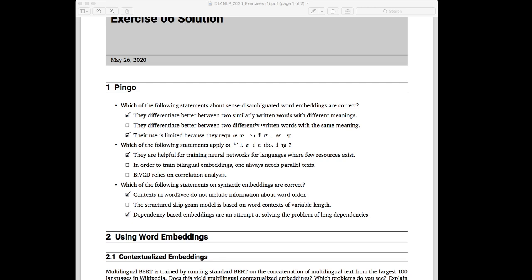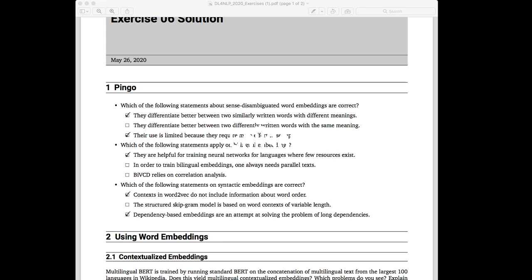The second question is about bilingual embeddings. The first statement is correct because many languages share similar syntax and vocabulary. Training a model on multiple languages indeed could leverage the shared structure of input spaces, so they can handle low-resource languages. For the second statement, which is not correct because